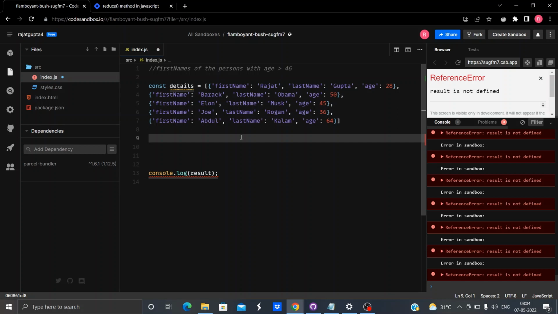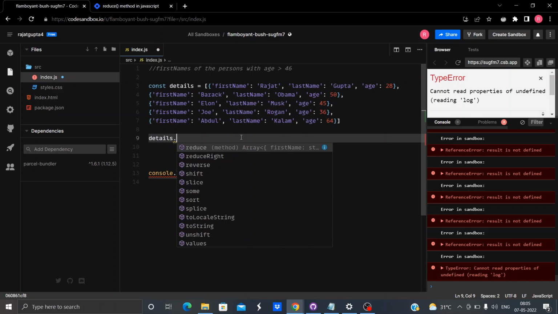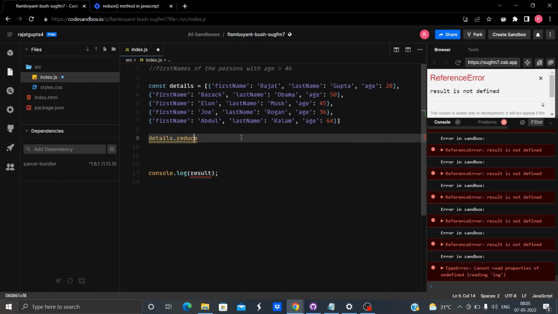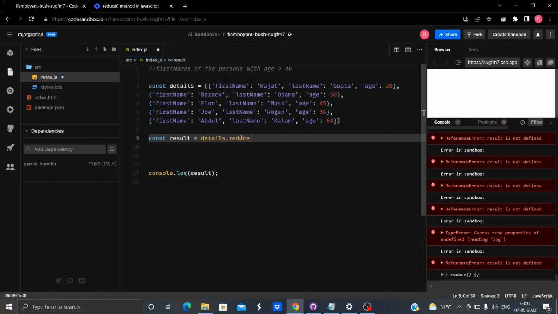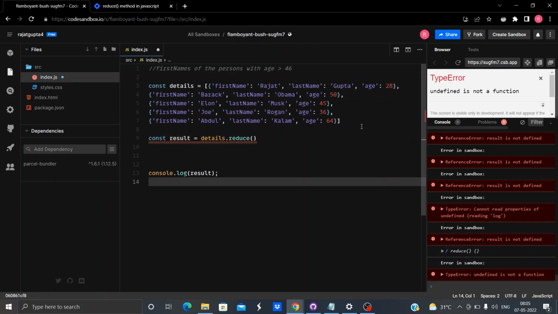We'll say details dot reduce, and let me store it into result, so that we can console result below. If you watched my map and filter video, you have seen the same example there, and we got this result by applying map and filter both.